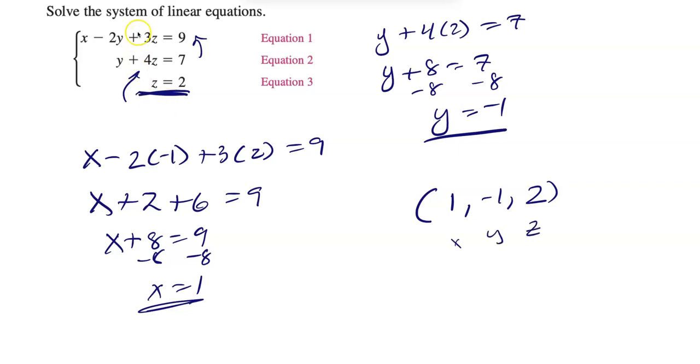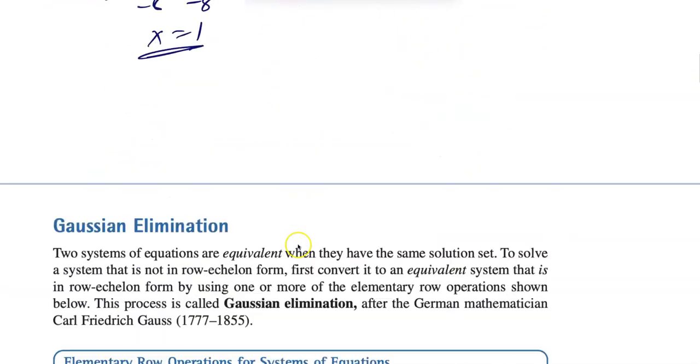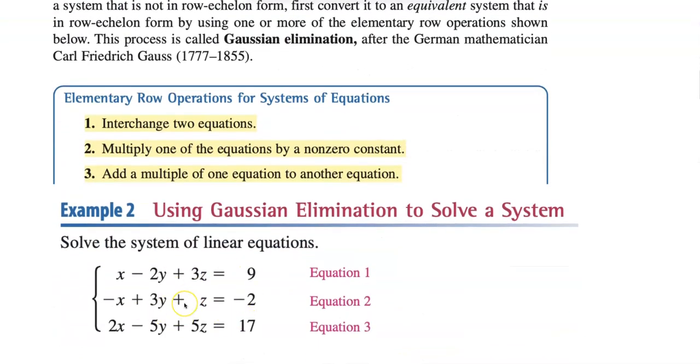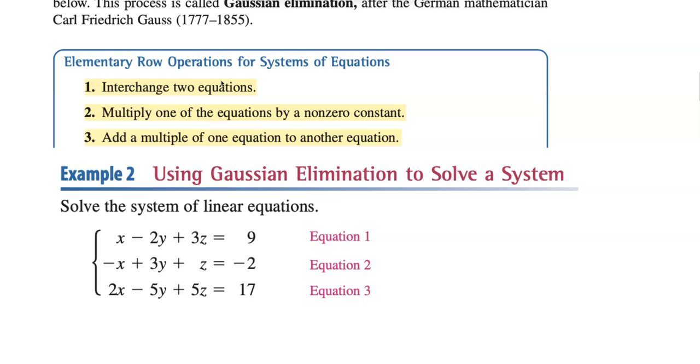So that's how simple it is once you have it in row echelon form. Then it's like, oh, back substitute, you're done. But sadly, you rarely ever start that way. So what we can do is we'll start this way, and we're going to use what's called Gaussian elimination to get it to look like row echelon form. And all that is this. We have our equations here, let's say A, B, and C. And what we want to do is make it look like